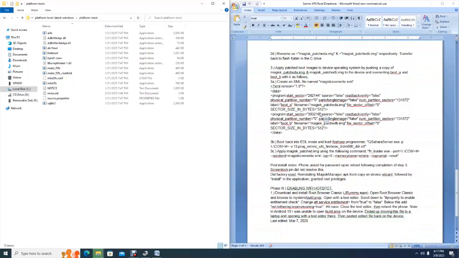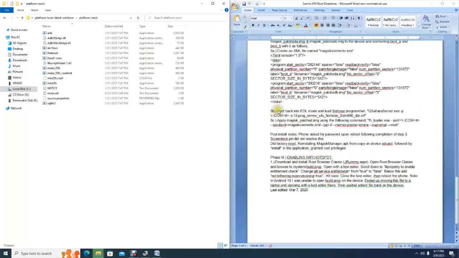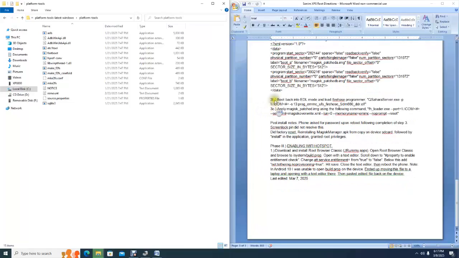However, we're going to modify it a little bit. Instead of flashing Magisk overwrite here in 3B, we're going to start today in 3B, and we're going to load the Firehose programmer here, and then in 3C, instead of Magisk overwrite, we're going to go ahead and